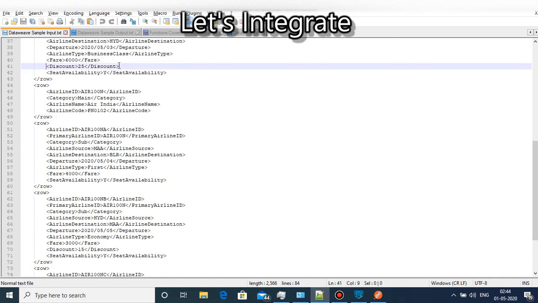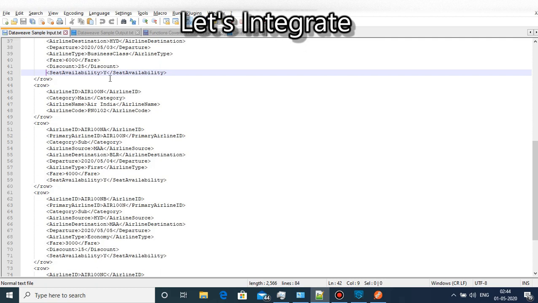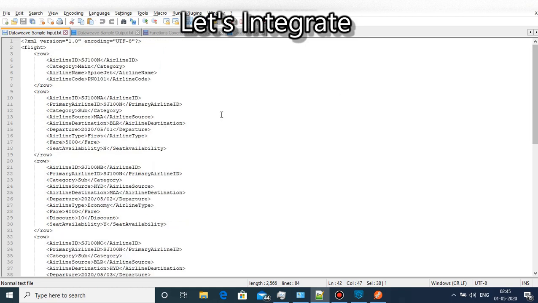Here you can see a few of the subcategories contain the field discount and a few of the subcategories do not contain the field. If it contains, then it will calculate the updated fare. Also, we have some subcategories with the seat availability flag as N. In that case, it will not display this entire row.